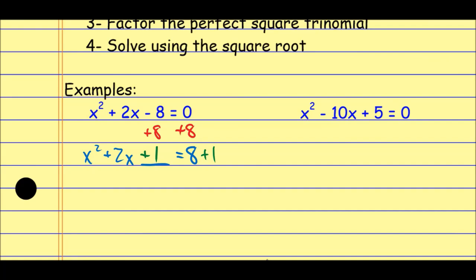Two numbers that multiply to a 1 but add to a 2. Well, that gives me a plus 1 and a plus 1. So this factors into (x + 1) squared. Okay? And that equals 9. And if you need to take that off to the side, if you need to build a bridge here and say,